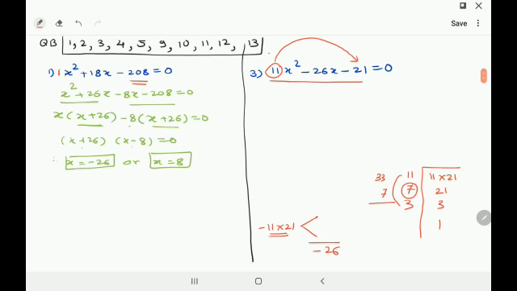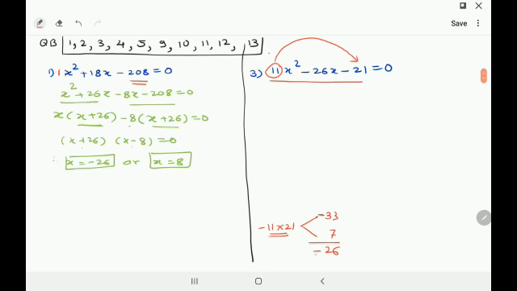So 33 minus 7 is what? 33 minus 7, 26. That's it. I got the answer. Right? I'll just erase the factorization. What was the number? 33 and 7. I have to give the sign, which should be the negative sign. Yes, exactly. Minus 33, because this has got a minus sign.